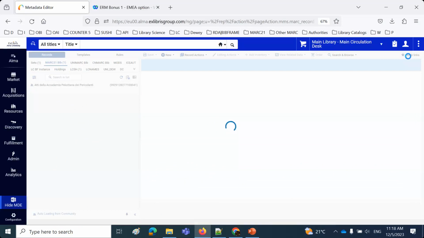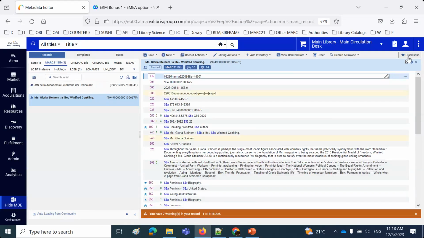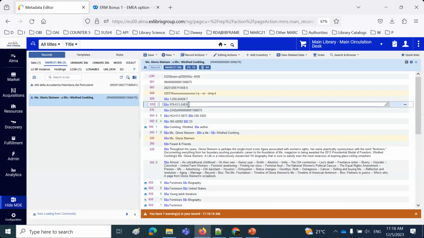This is open to all users with the cataloging role. There's not a special role which says you can update a CZ record. Someone asked that question. So I'm going to get rid of this fictitious one now, so I'm not ruining the bibliographic records there. So I'll just say